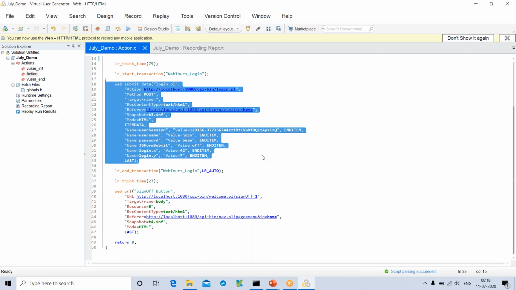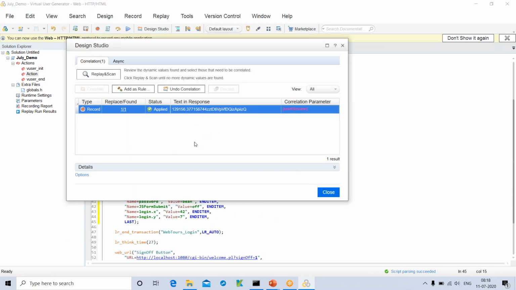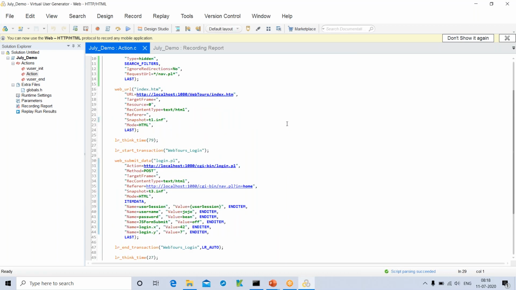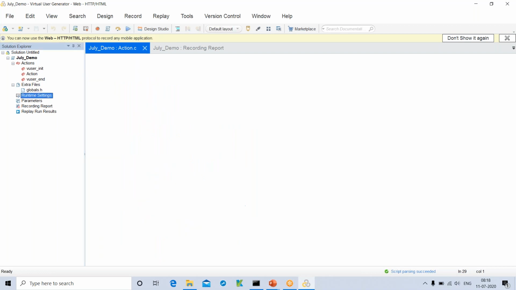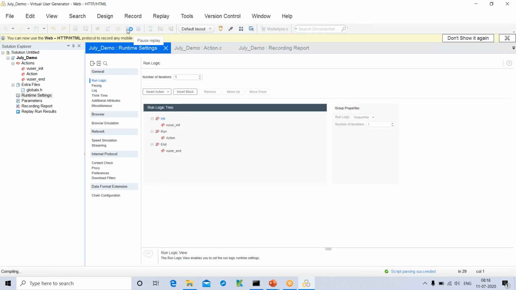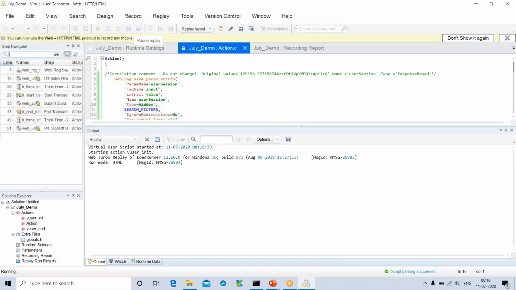So now I want to capture the response time for login. Before that, I'll do some additional tasks so that I'll be able to run smoothly without any issue. Now I'll run this script. I'll go to some runtime settings and then run this script. After executing this script, I'll be able to see how much time it has taken for login.